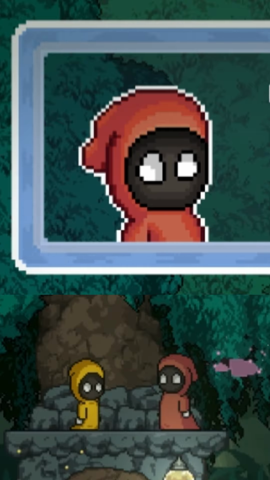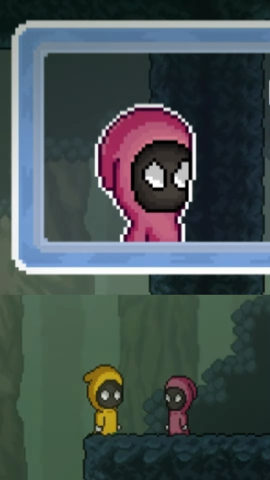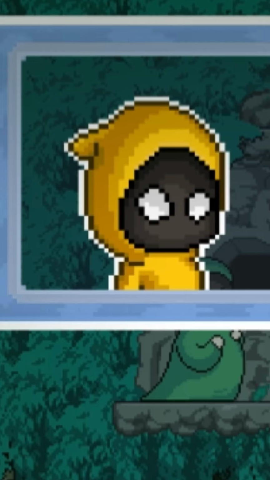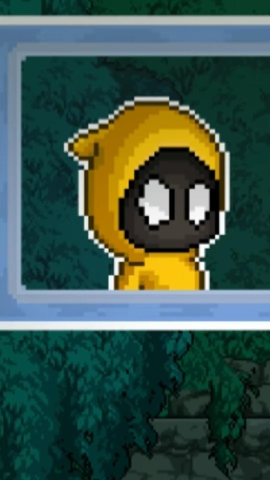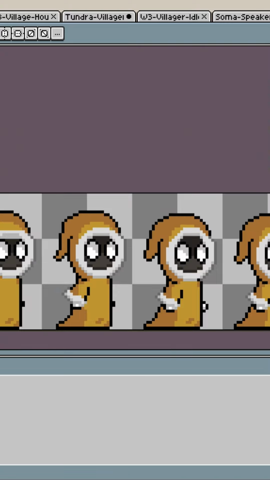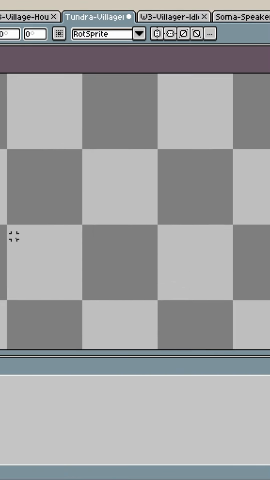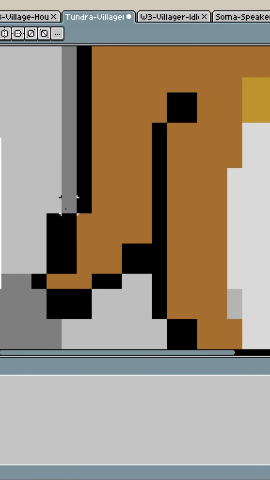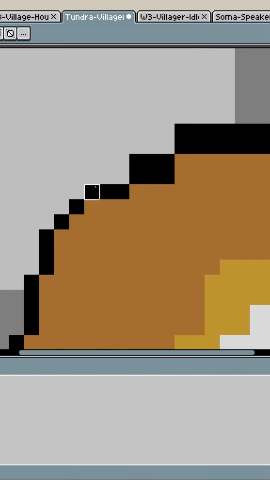We have these character portraits that we use for our player and NPCs during dialogue to give them a little bit more life. But how do we create these pixel portraits? Since we normally start with the character's in-game sprite, what I do is chop the head off of that, move that over to a separate file, and then drag it to be the appropriate size that we need for